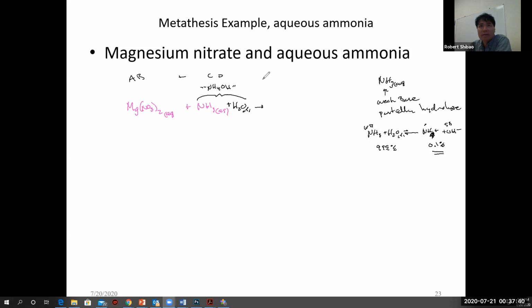So we got magnesium ions, cations, reacting with hydroxide. If magnesium reacts with hydroxide, we need 2 hydroxides for every magnesium. And then we have ammonium and nitrate, and so we're going to form ammonium ions with nitrate ions. Now, ammonium nitrate in solution is no problem. Ammonium nitrate solid, that's a problem. You know, that's the explosive one.